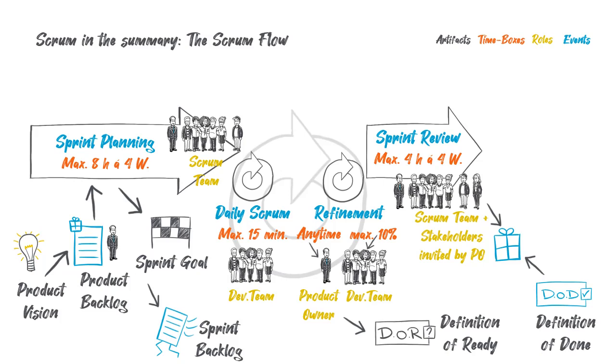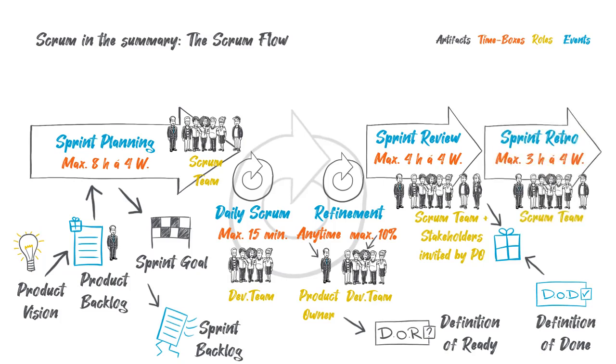The last event in a sprint is the sprint retrospective. The whole Scrum team is present. This event has a maximum duration of 3 hours for a 4-week sprint. In the sprint retrospective, the collaboration, the Scrum process as such, as well as tools and techniques are reflected. The goal is to identify action items that help to increase the efficiency of the collaboration of the Scrum team. Furthermore, it will be evaluated how the quality of the product can be improved, and if necessary, the definition of done will be updated. All this in total represents a sprint.